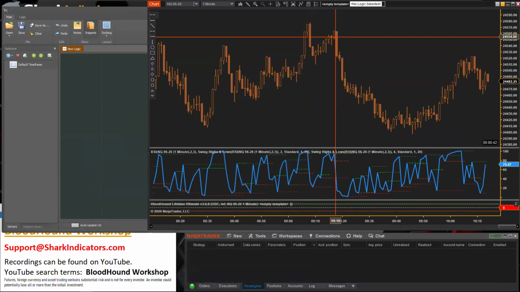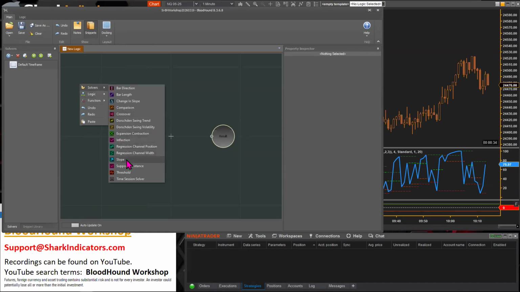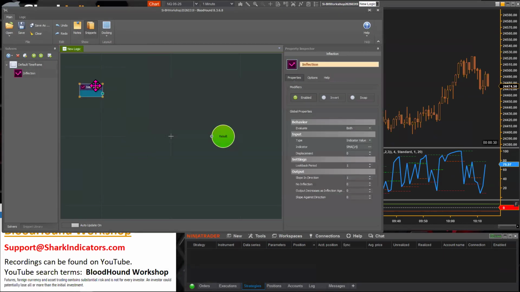So how do we identify when price reverses direction, right? That's an inflection point. So we're going to use the inflection solver there. Pull that over, connect it up, and let's give this a name.